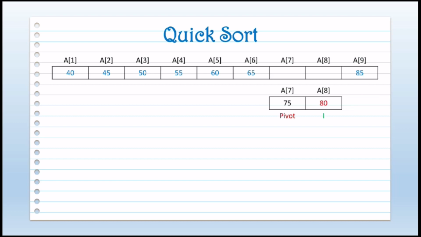So again do the same process. So is 80 greater than the pivot element? Yes, the condition is true. So now you can see there are no elements further to check for the jth position from the right hand side. That means these two elements are already sorted. So we will replace those values in the sorted list. So 75 will be at the 7th position and 80 will be at the 8th position. So in this way we can sort the unsorted elements by using quick sort.